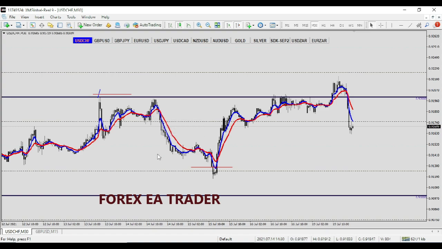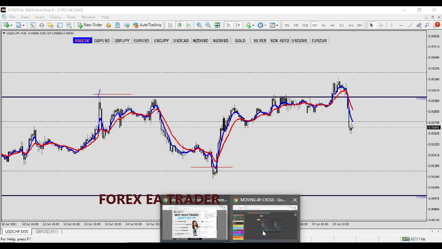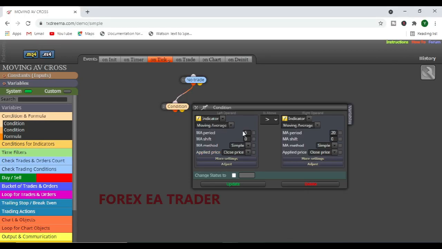Immediately at the cross, we wanted to enter a sell. So we go back to FX Dreamer. So we are using